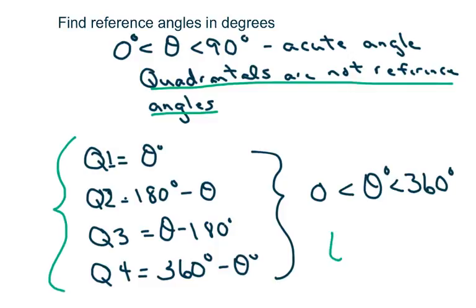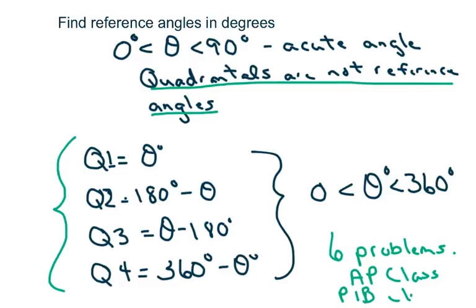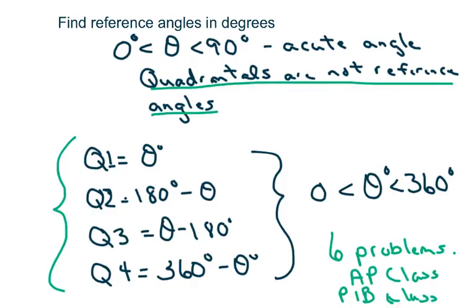I'm going to do 6 problems. And this is for AP class, pre-AP class, or you could say a pre-IB class. So these are not easy sometimes. The first one we're going to do is negative 115 degrees. All right. First of all, it doesn't follow our criterion that before we use these formulas,